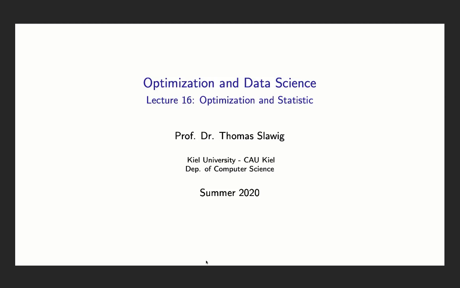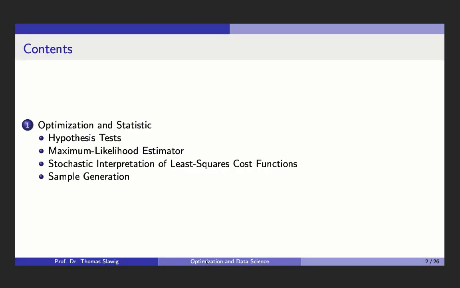In this lecture I want to summarize several things, extensions of the two last lectures that we had on statistics. So I have chosen here the topic optimization and statistics. I will first speak about hypothesis tests, which are based on the confidence intervals that we already had in the last lecture. I will also introduce another kind of estimator, or basically another class of estimators, which are called